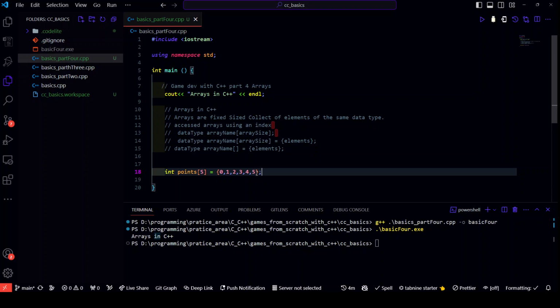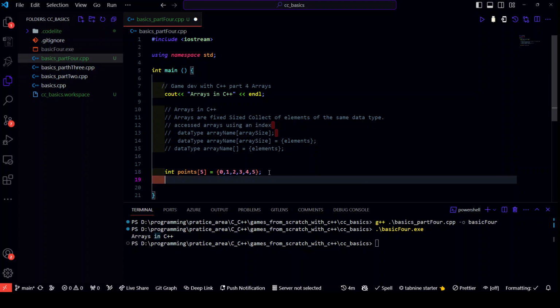So let's say we want to get the elements of this array. So let's say we want to add all the elements together. So we say int sum equals to 0. I hope you know how to declare an integer variable. So we have a variable called sum, which has the data type of int, and we assign it to 0. So we already did loops. So let's use the for loop to